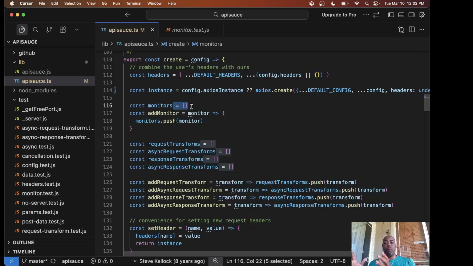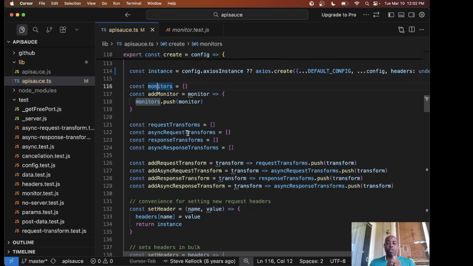In terms of adding a monitor, we want to take a single monitor and put it in a new array that we create with the existing monitors that we already have, right? And we're kind of just exposing monitors here so that it can be used here,